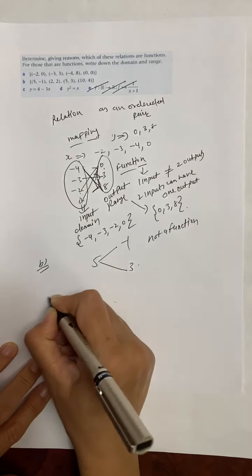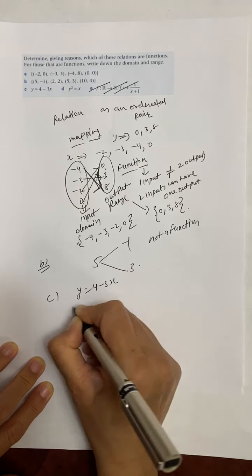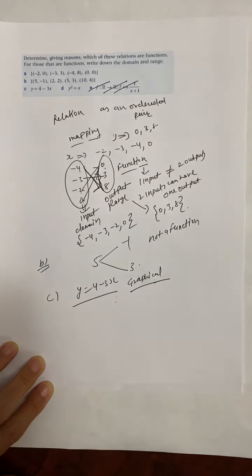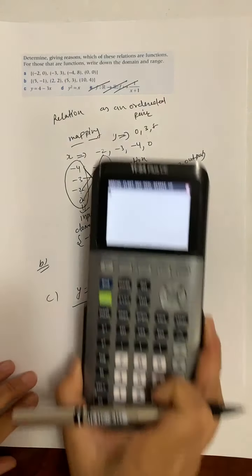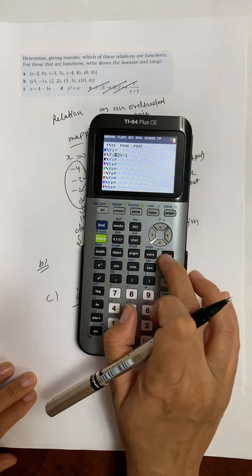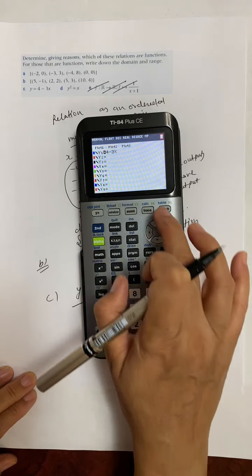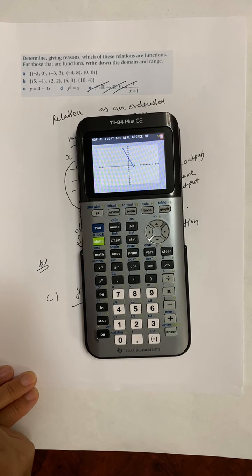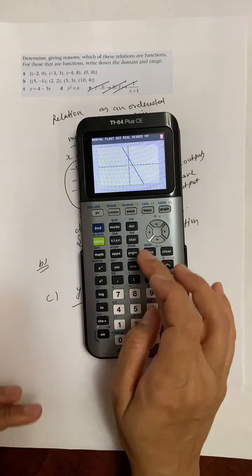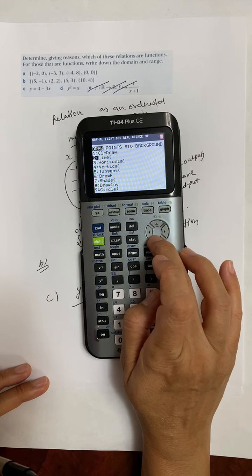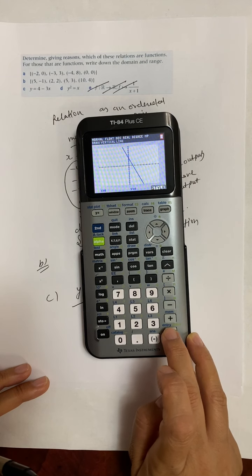Okay. Now the next one is y equals 4 minus 3x. Again, graphical is another way. From a graph, you can also see if it is a function or not. So if I sketch this graph, y equals 4 minus 3x, it's a linear function. And if I draw a vertical line here on the graph, you can see from here,